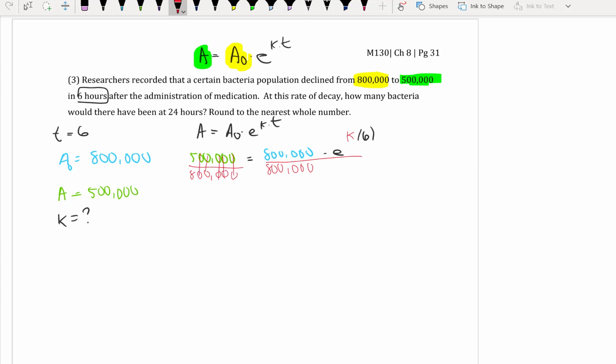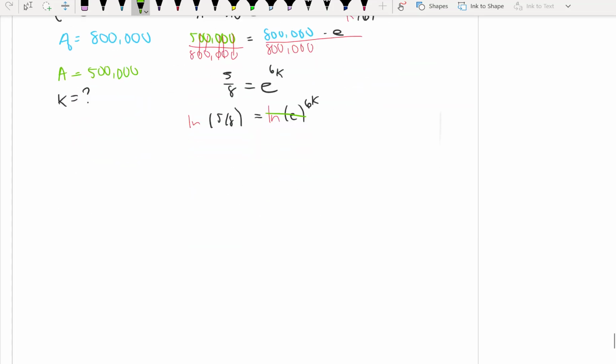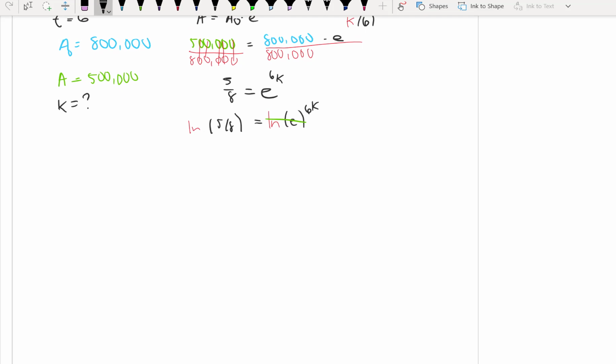So if we think about it, we can just say, oh, well, that's just the same as 5 divided by 8 is equal to e to the 6k. And then I'm going to ln both sides. So we know that ln and e cancel each other out. So we are left with the ln of 5/8 is equal to 6k. So I can divide by 6 on each side, so that the natural log of 5/8 being divided by 6